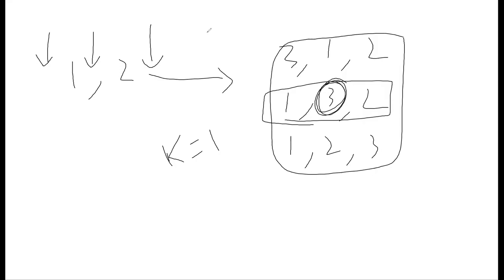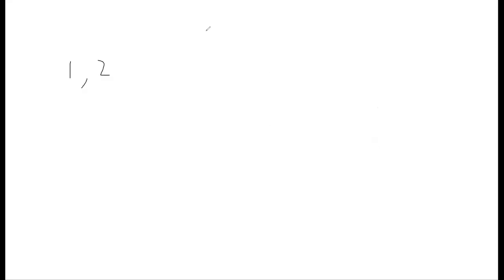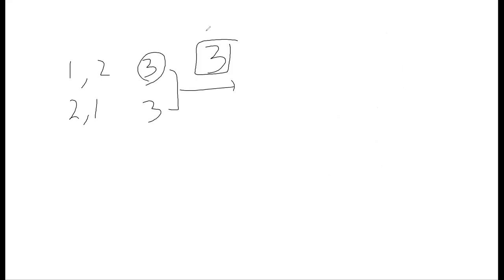Right? So here, what we have to find is, if I'm putting it here, the next number which we are going to insert is always going to be greater than the last numbers. So if I have 1 and 2, or 2 and 1, the next number is always going to be 3, right? So if I put it as the last, it is not going to change the inverse anyway, because this is largest and it will be larger than any other number which is in the sequence, right?